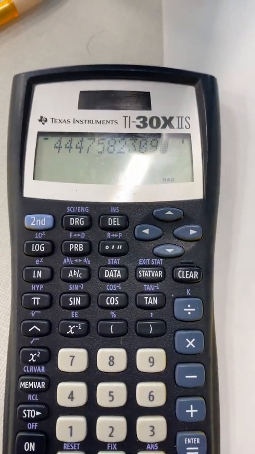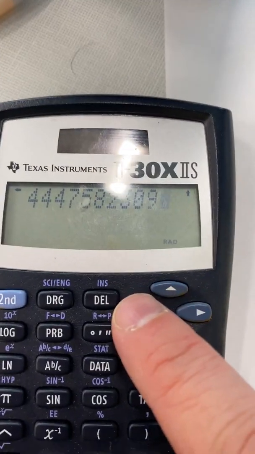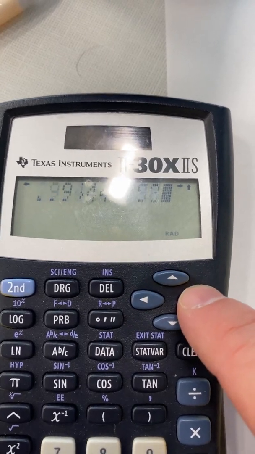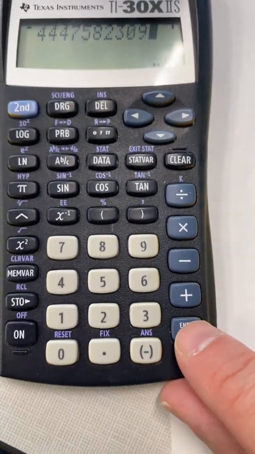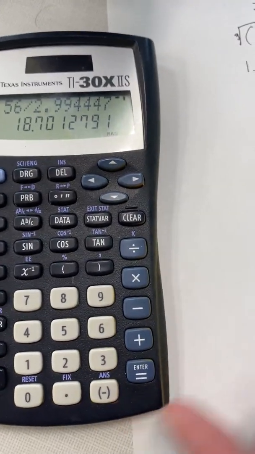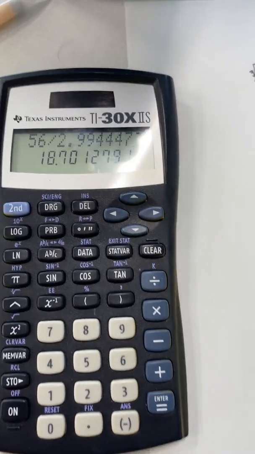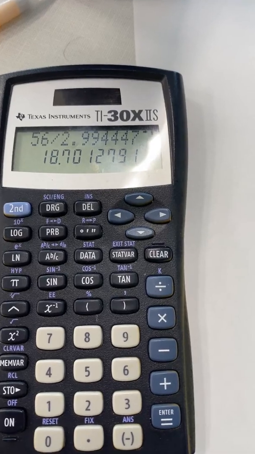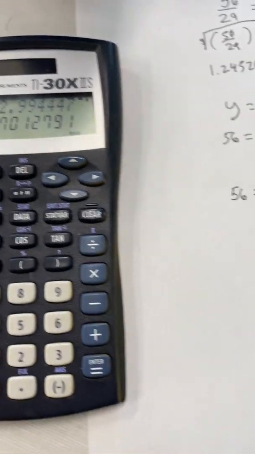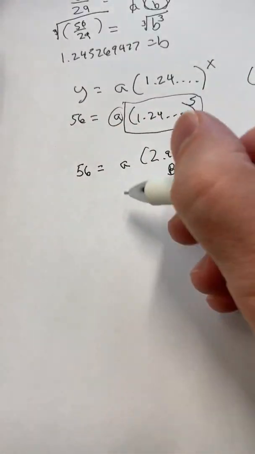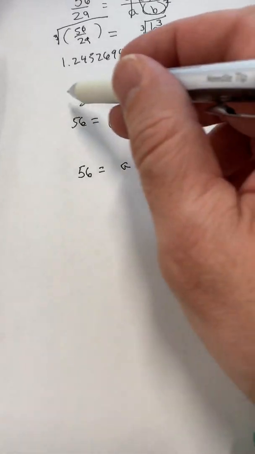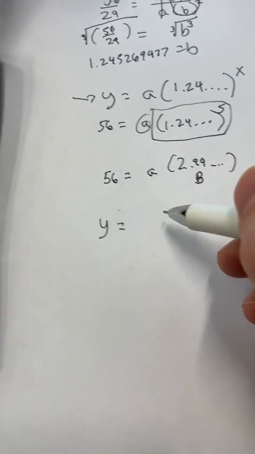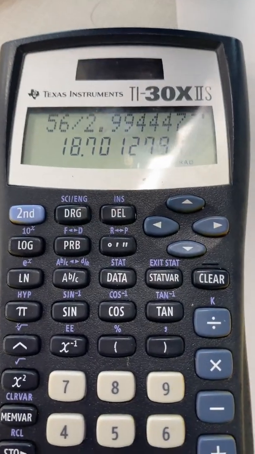I hit enter, and if you go back with my little arrows here, notice how I had 56 divided by all of the decimals equals 18.70. So now I'm just checking my screen here to make sure that that is the right answer, and it is. So now I come over here and I say that my function, which is up here, is going to be y equals the whole thing,